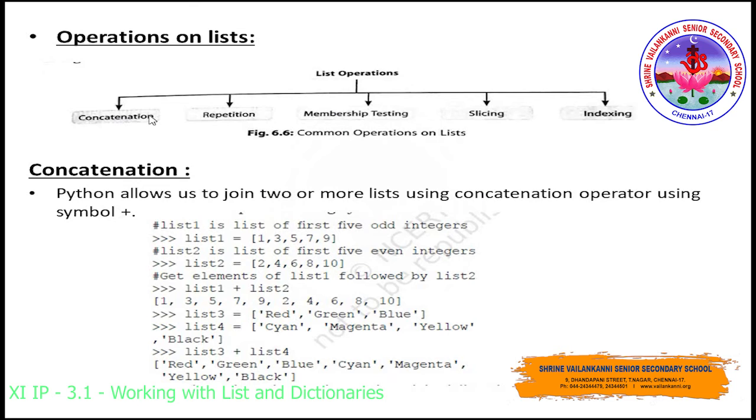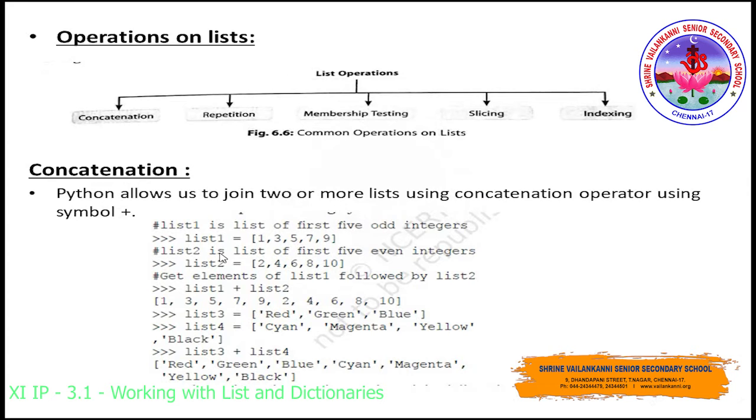So here you will be joining two lists together. In string operation you just concatenate or join the two strings, but in list you join the two lists together. And the same thing whatever we have done in the string concept: you cannot add a list to a number, whereas you can only add two list data types together. So let us see some examples related to concatenation operation on list.